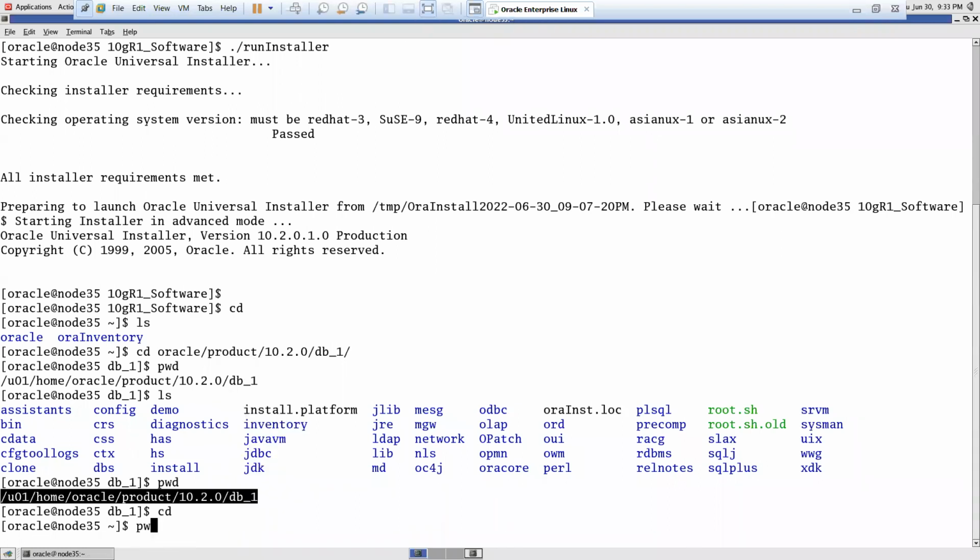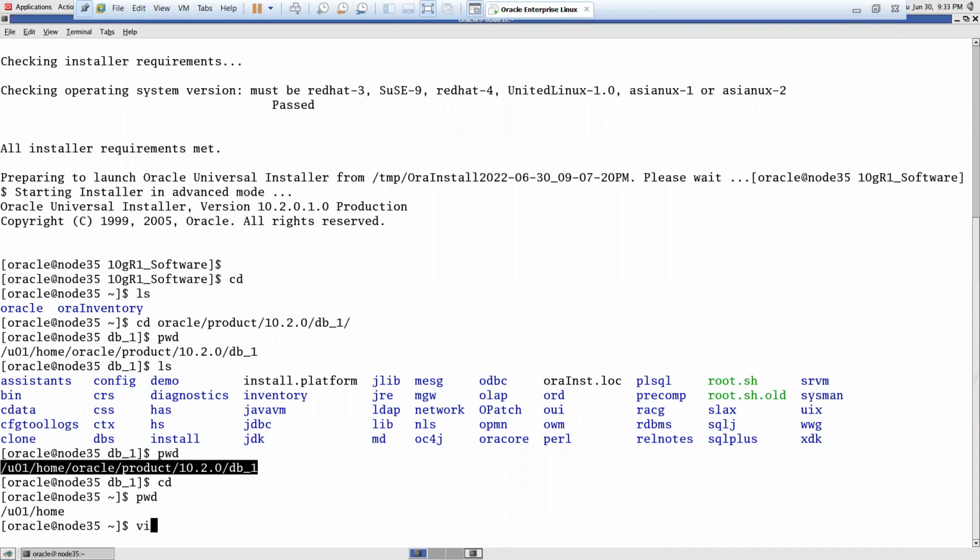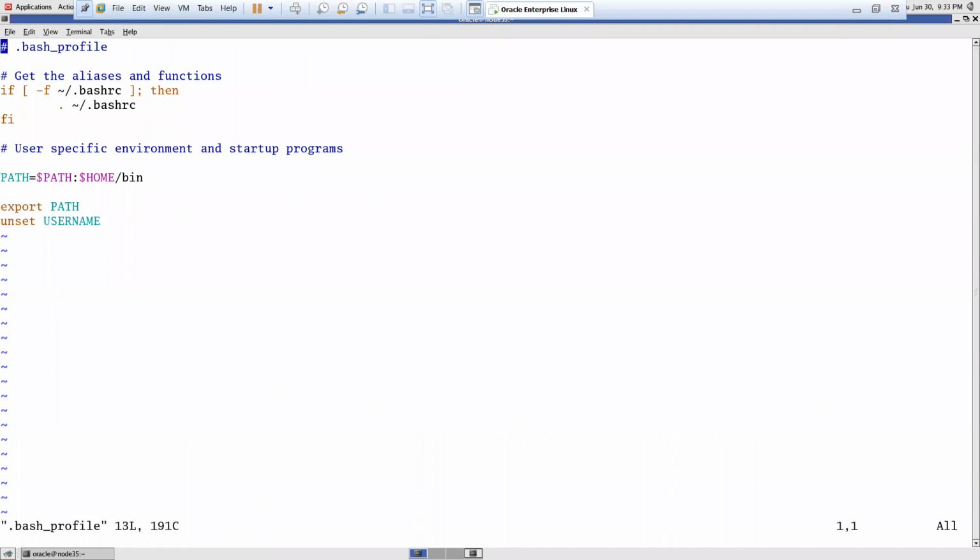Now press cd, enter. Then it has to show the u01 home. From here we have to open the bash profile. Under bash profile there will be a few predefined lines. Without touching those predefined lines, let's come here to the end. Go into insert mode, click enter. Now type export ORACLE_HOME equals the location you have copied, paste it here. Then export PATH=$ORACLE_HOME/bin:$PATH